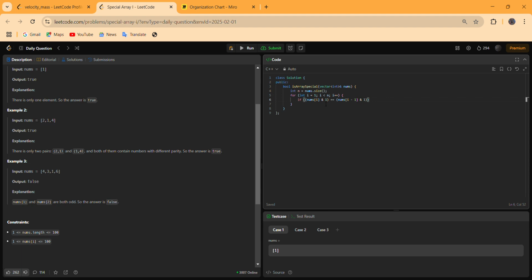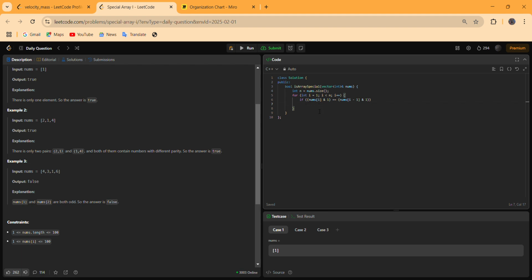We take an AND with 1. The AND is basically used in place of a remainder. This is a bitwise AND, so it operates on bits. It checks the last bit present in nums of i.